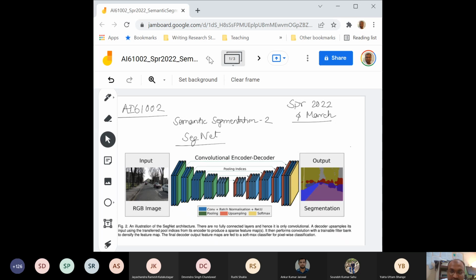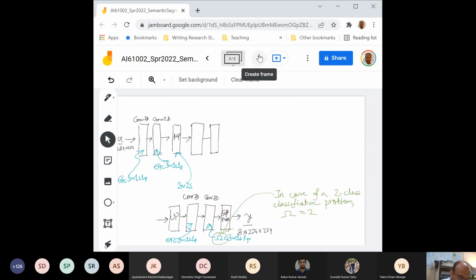Now the question is what do we do with that one. If you recall, when I was teaching about max pooling, I also spoke about unpooling. In unpooling, there was an option that when we do this unpooling, it can increase the spatial span.